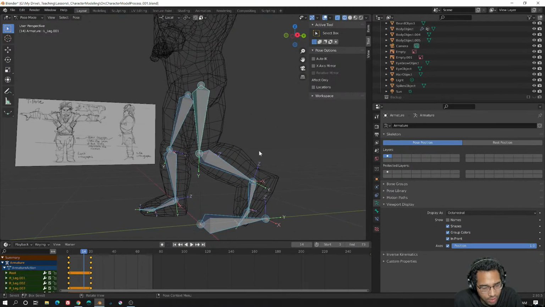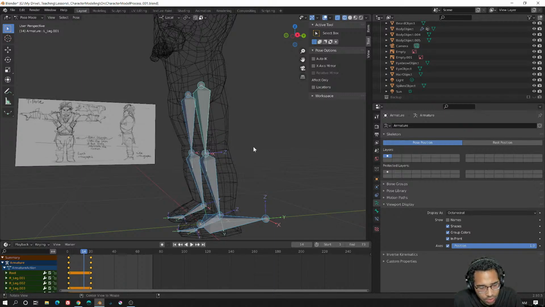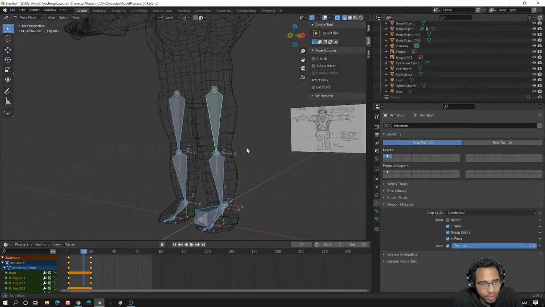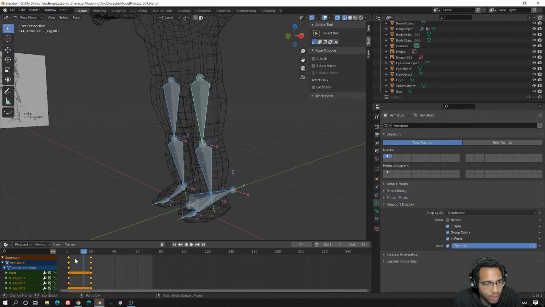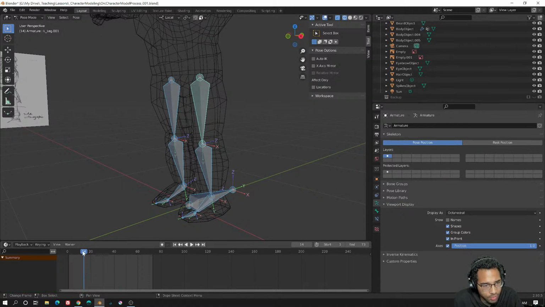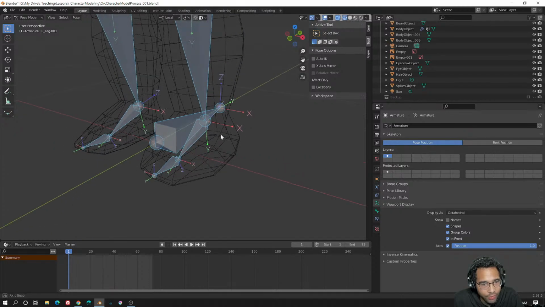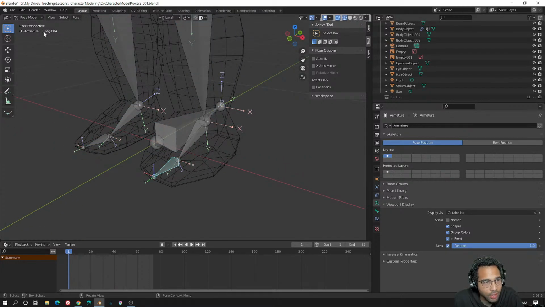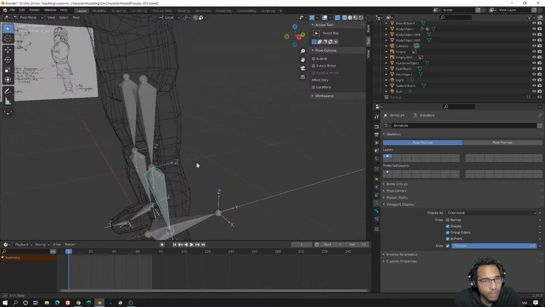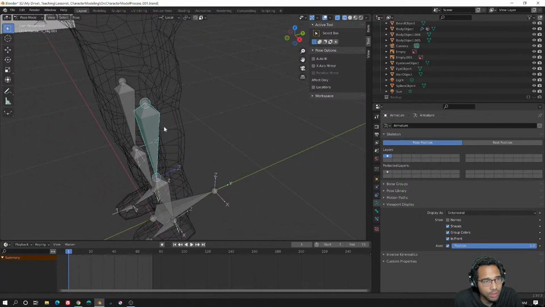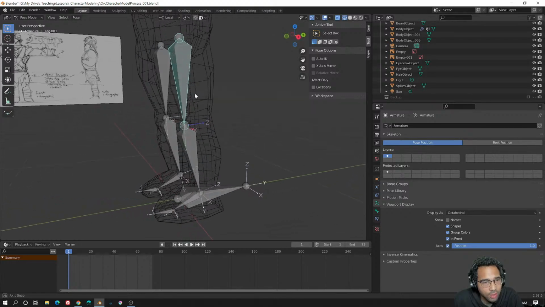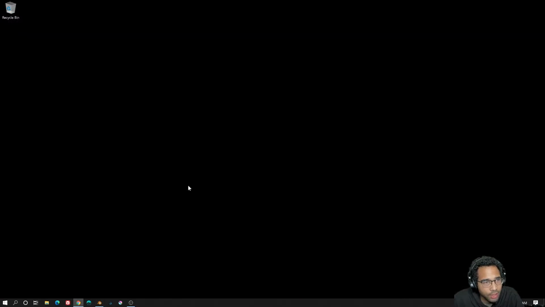Okay, so I'm going to take all this, clear out the rotation, clear out any scaling, and clear out any movement. Okay, I have some keyframes here. I'm just going to select all these and delete those keyframes. All right, so we should have everything named properly. So we should have our L underscore leg, right? L underscore leg. All right, so I have my leg chains here, right? So same as I talked about last week. I also have my